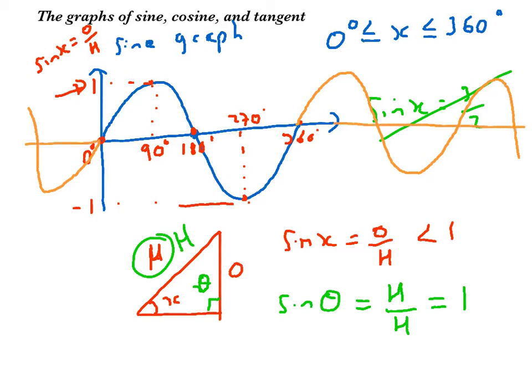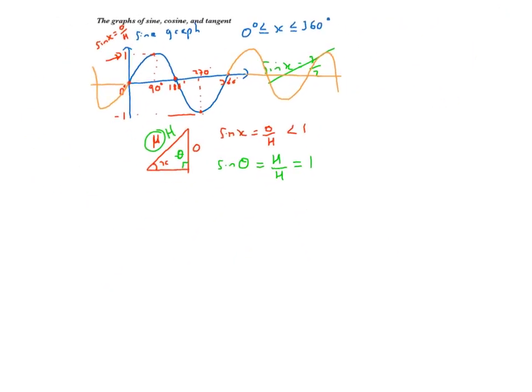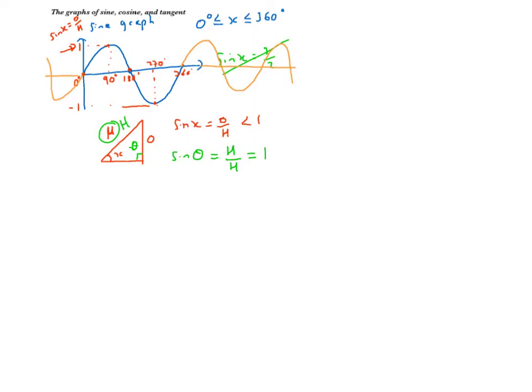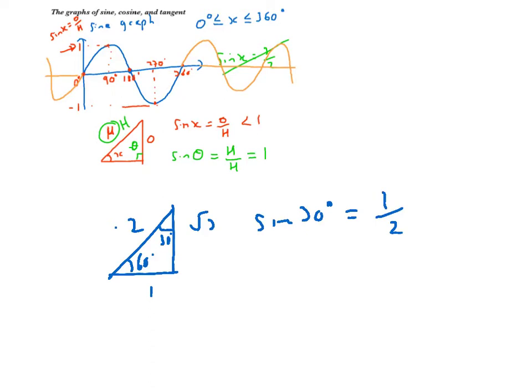Now an important thing to notice from our special triangles is that we know, right, I'll draw my special triangle. So this is 60 degrees, 30 degrees. We know this is 2, √3 and 1, okay? So I know that sine 30 degrees equals opposite over hypotenuse, 1 over 2. So if I drew 1 over 2 here on my graph, and then drew dotted lines,